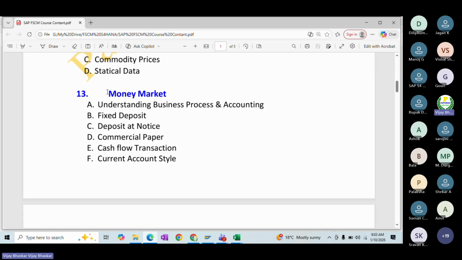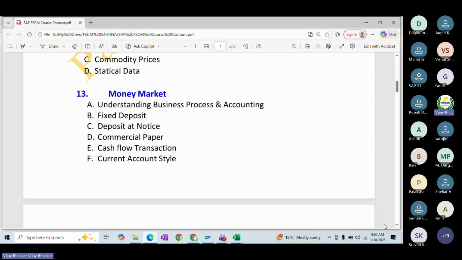To be frank, if I speak in front of you, because under money market, it could be optional. Majority of the clients may go for the money market, may not go for it. But especially in the money market, where if they have any loans and facilities concept, definitely we would require the money market. But still, even though fixed deposit, deposit at notice, commercial paper, cash flow,